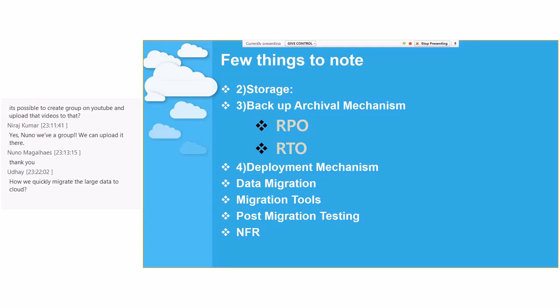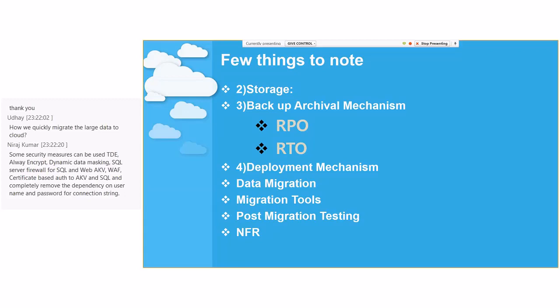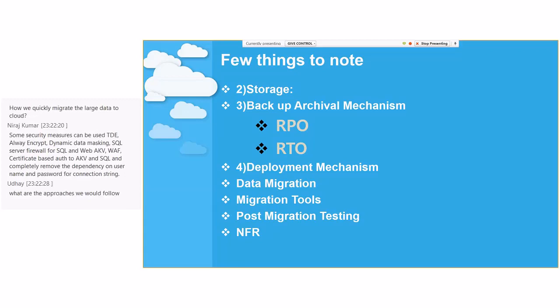What is the CI, continuous integration, and CD, continuous delivery and continuous deployment, that should be in place, and what are the tools we are going to use so that we can get the maximum benefit of DevOps, and what is the approach if I'm going with the microservices architecture, and what benefits it is going to have. So all these details we write into our HLD.